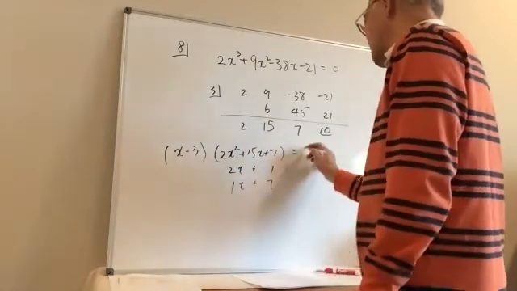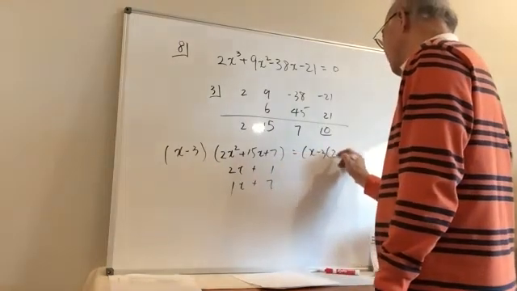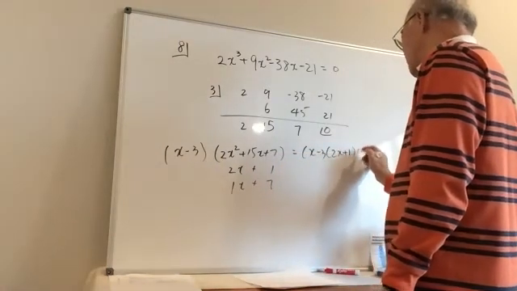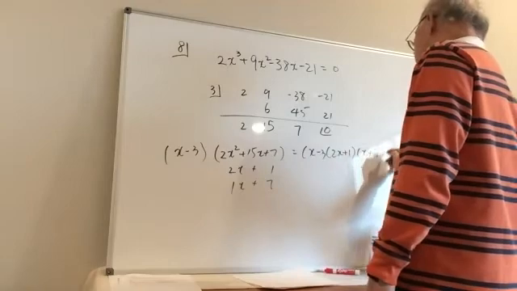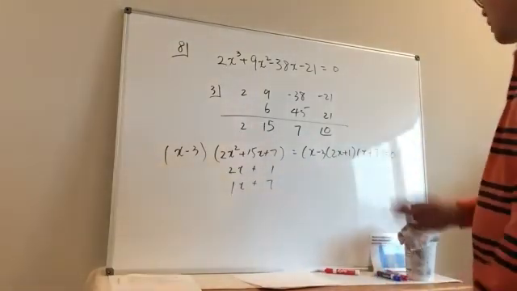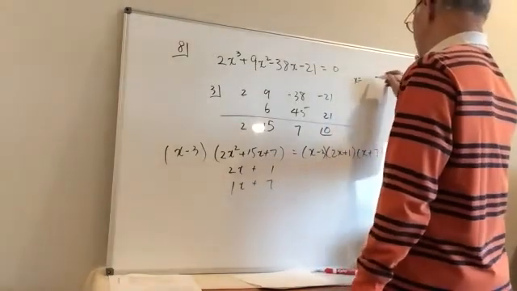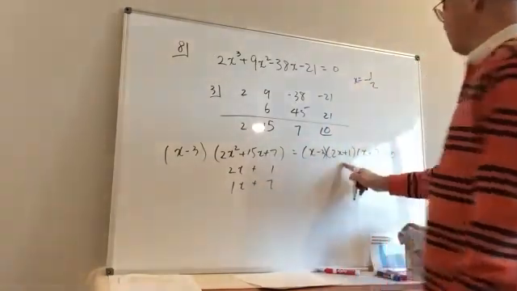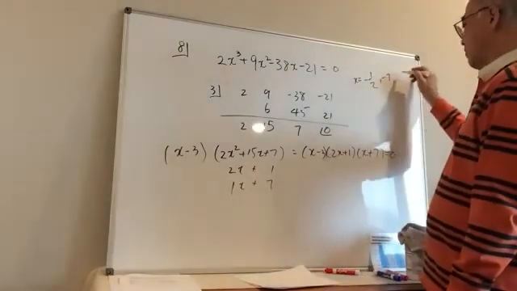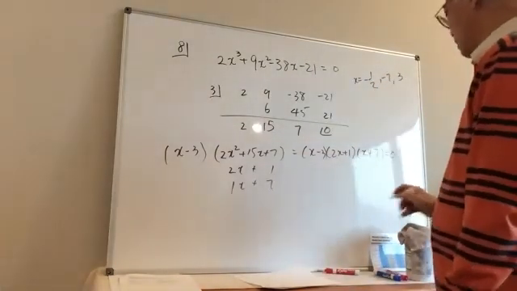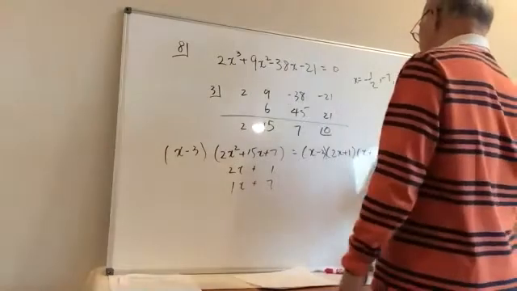So this is the same as x minus 3, 2x plus 1, x plus 7 is equal to 0. Again, so my roots are x is equal to negative 1/2, negative 7, and 3. Okay? So if I graph this,